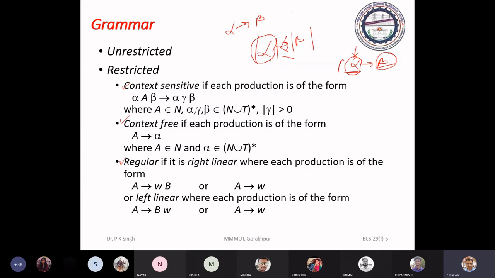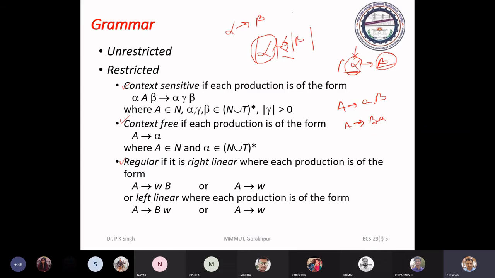So we have two types of regular grammar. One, we may have non-terminal A to AB, or A to BA. I have told you there must be at most one non-terminal on the right of the production.